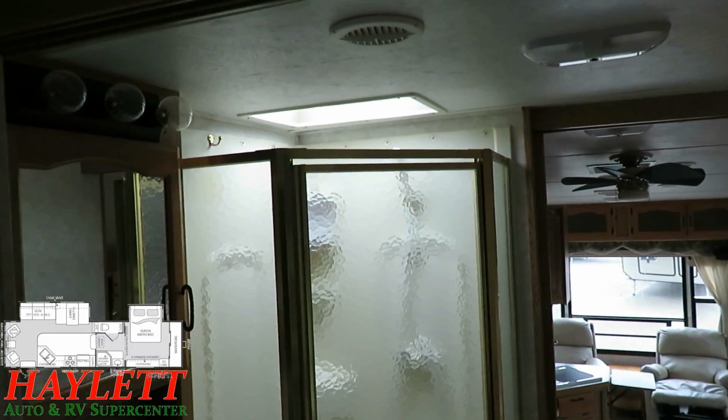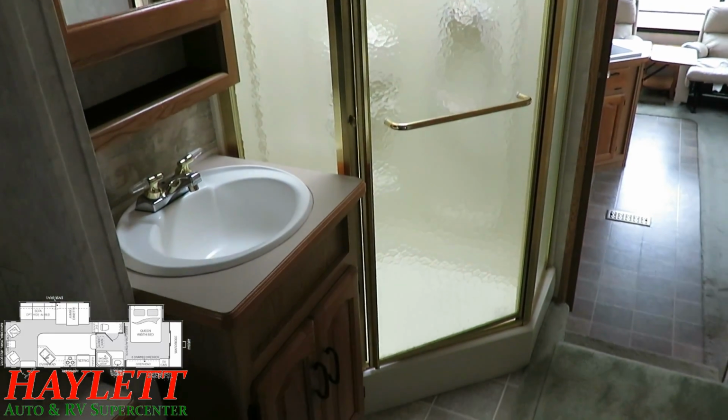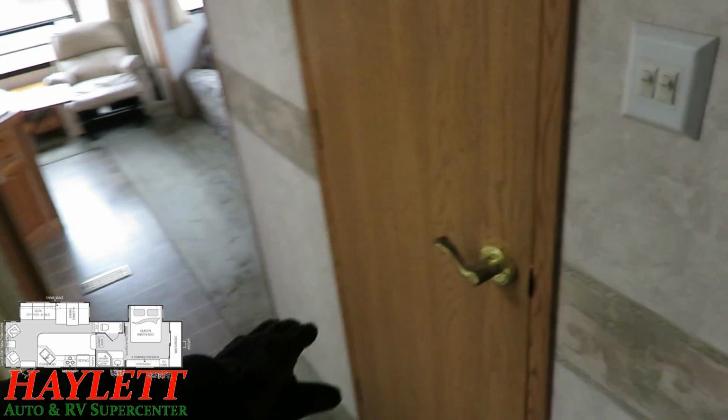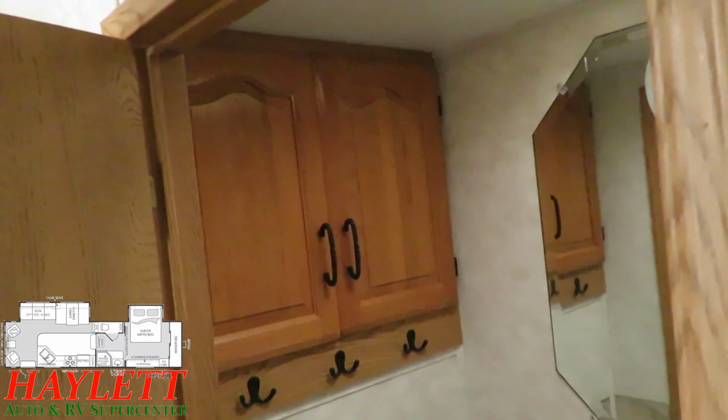Shower, sinks, all that stuff, clean. I mean, clean as can be. Looks like she's winterized right now. The bathroom area over here. Simple, straightforward, effective, but I do appreciate that extra linen cabinet right there, because I'm a guy who's been known